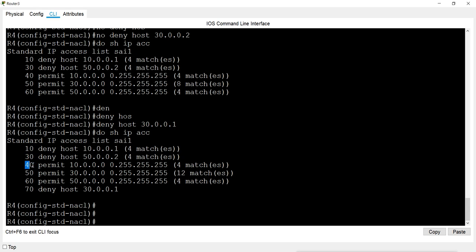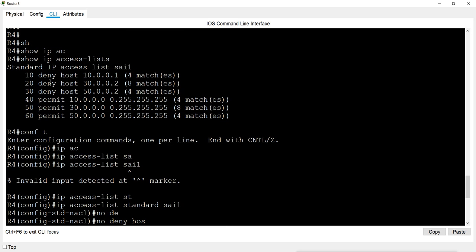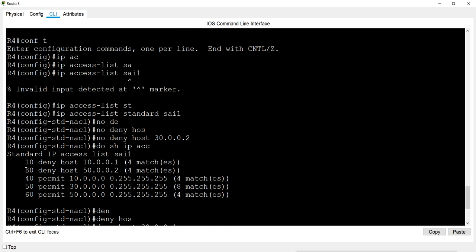You can create the list by sequence number, and when you remove one entry, you can re-enter the entry in that same position using the sequence number. The entry was number 20, so when I removed it, it became empty here. The sequence 20 is not there, so I can recreate the entry in that same position.